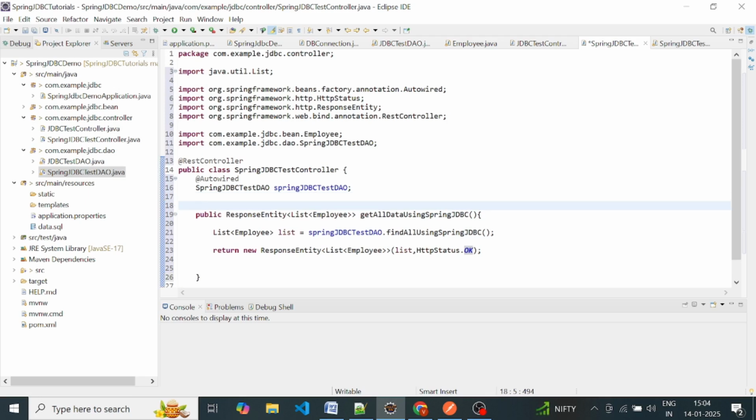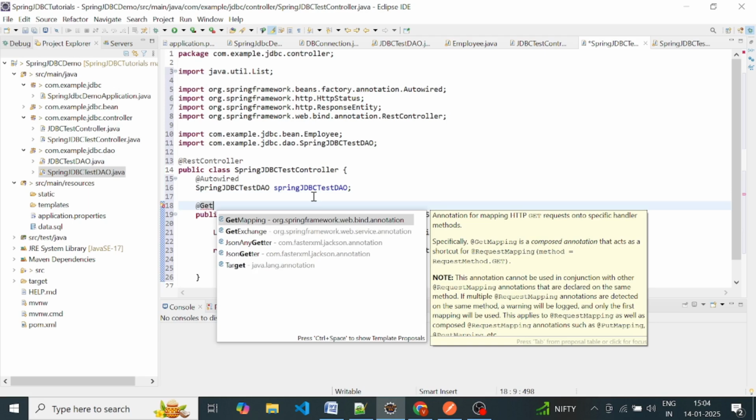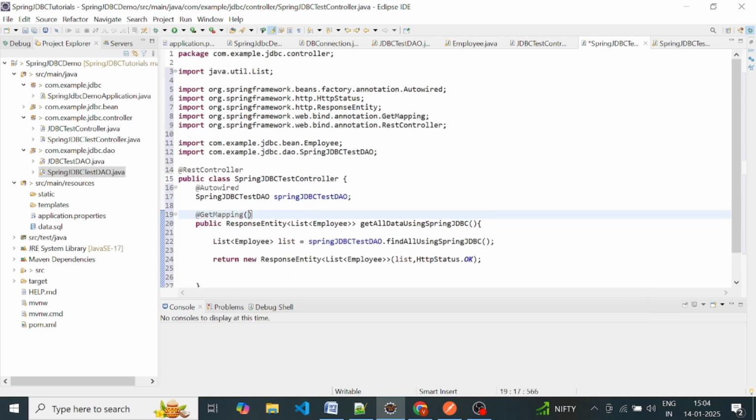and this is the GetMapping. Use the GetMapping here and pass the URL. The URL is get-all-data-using-SpringJDBC. Save your code